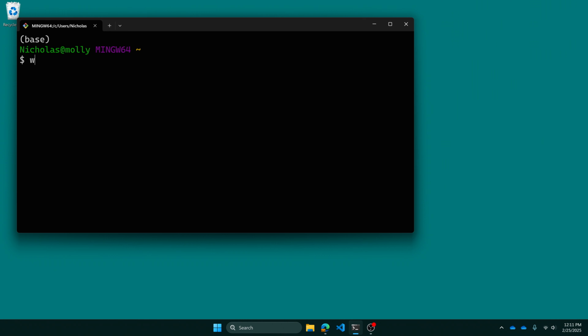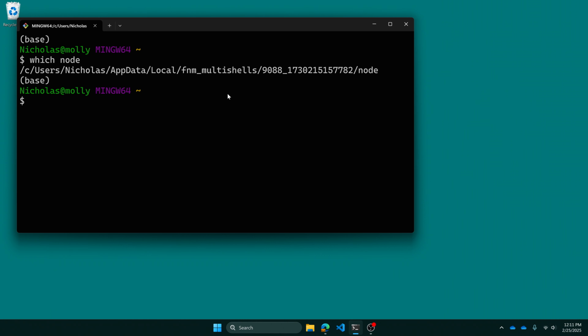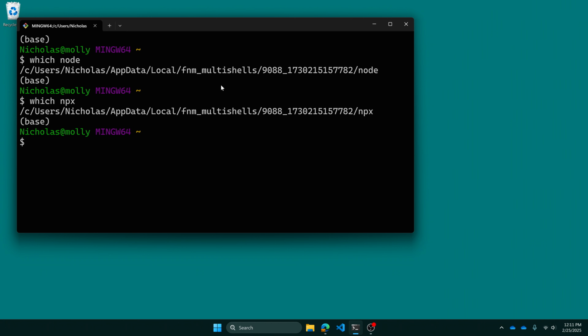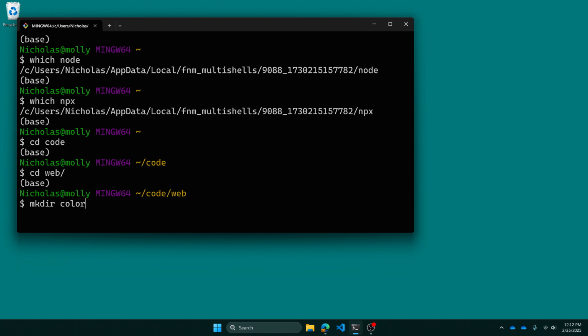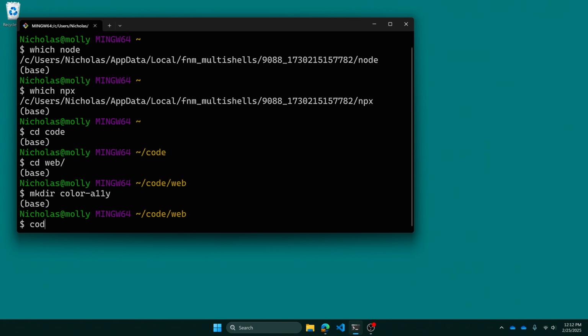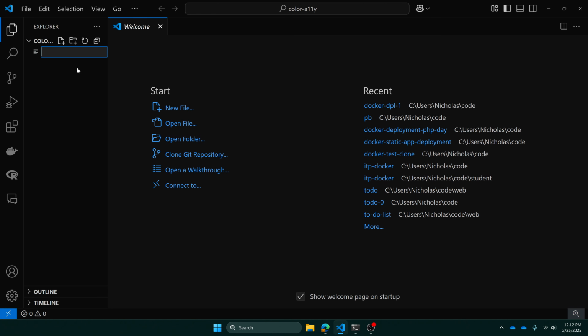I have Node.js installed on this computer, and so I have npx here, and we can use this to get a live server serving some HTML and CSS, etc. So I'll go to my code folder, cd to code, and cd into my web folder, and I will make a directory called, let's just say, color a11y, accessibility. So I will cd into color, and we can use VS Code, and I'll just create an index.html,